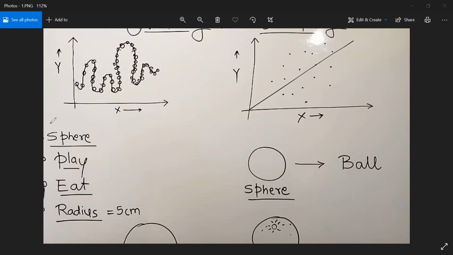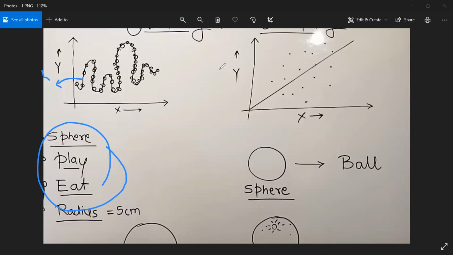Agree? I mean, when I train the model with all attributes, clear or not, guys? Training the model with all attributes means this is called the hypothesis, this is called the model, this is the logic. This model fits the entire training data. So that's why the overfitting problem comes up. Clear or not? Yes, guys?